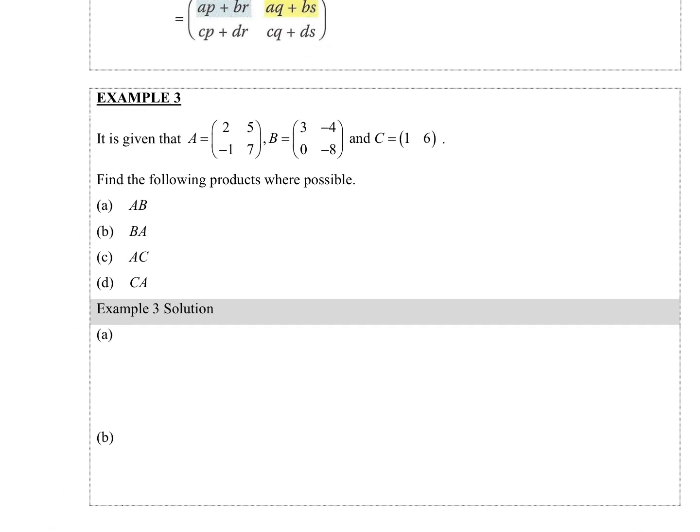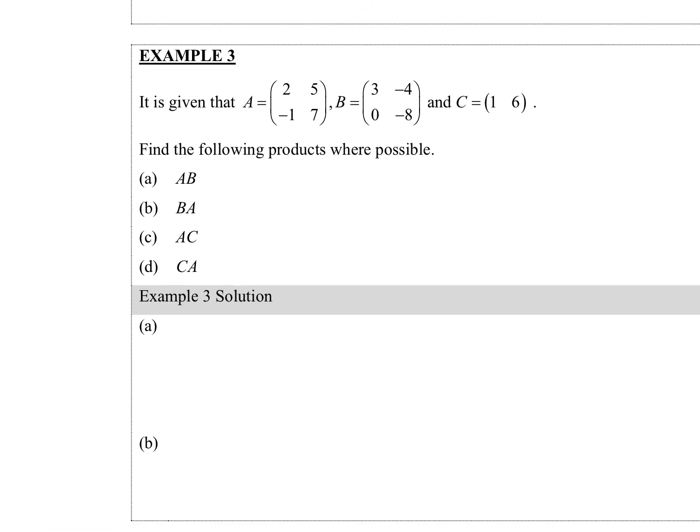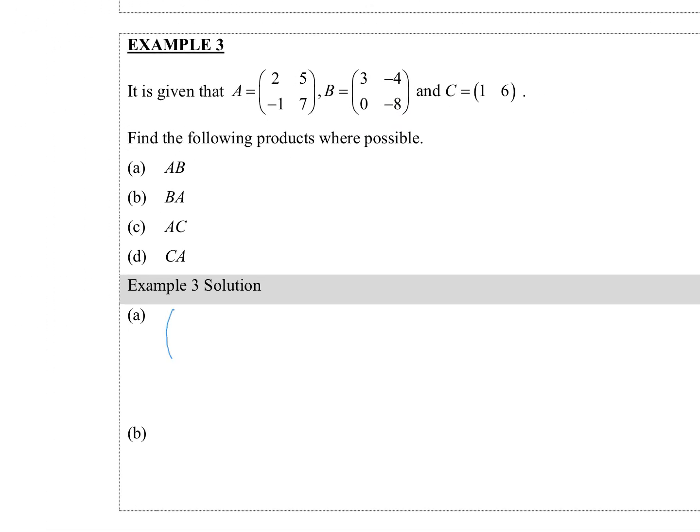Because there's no marking there. Okay, so let's try one together. This is A. This is B. When I want to multiply the two of them together, first thing you ask yourself is, this